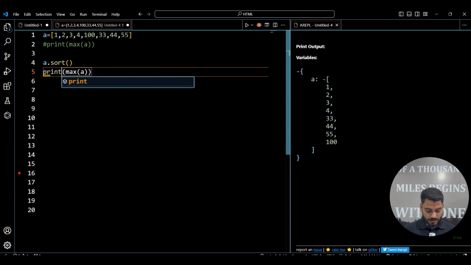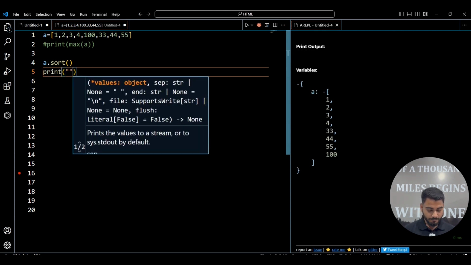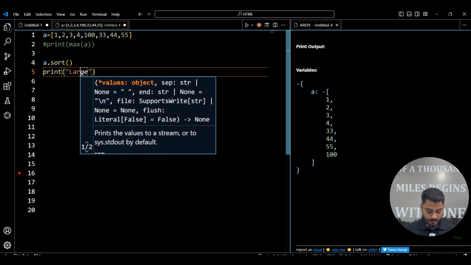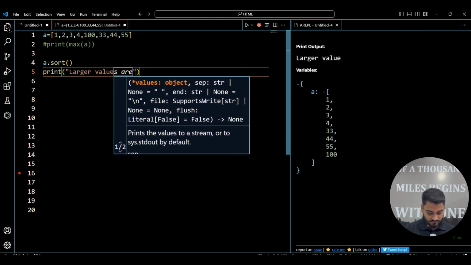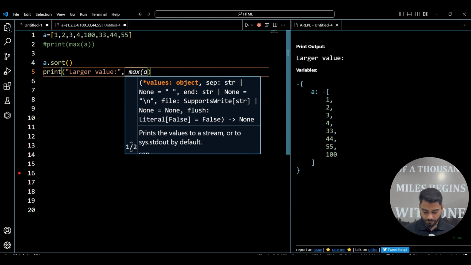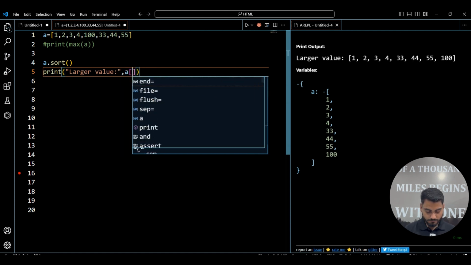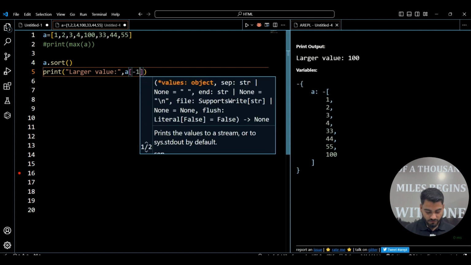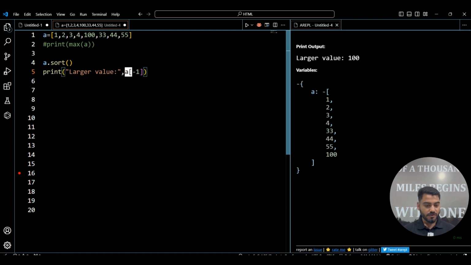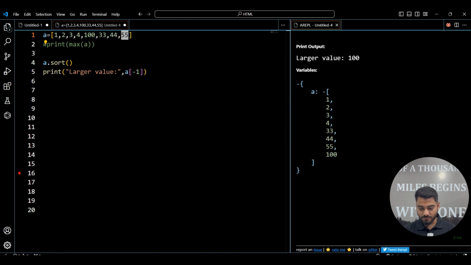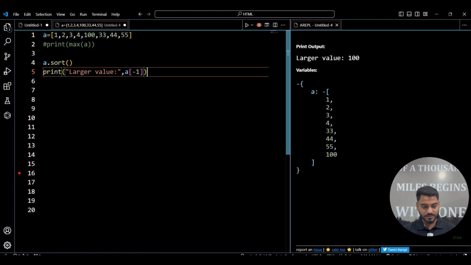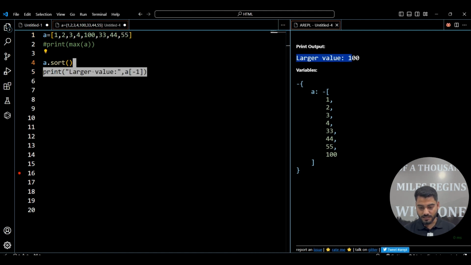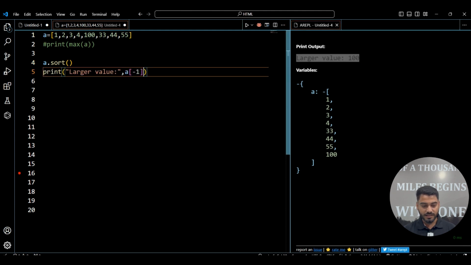Then I'll write a print statement, larger value, comma, A of minus 1. Why minus 1? Because A of minus 1 is negative indexing, and it stores the 100 value, the largest value. Now if you print this, the largest value is 100.